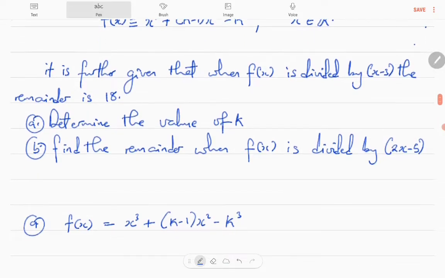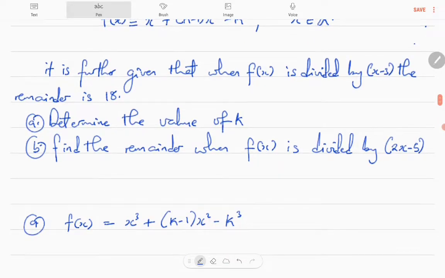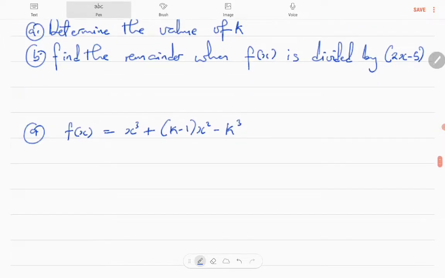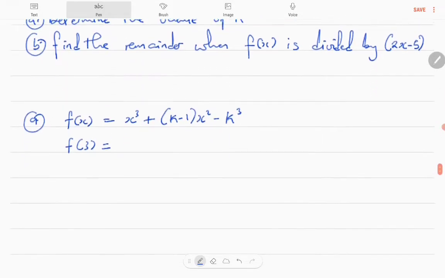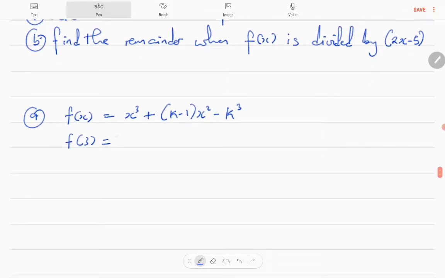Now we are given that when f(x) is divided by x − 3, the remainder is 18. So we have f(3) equals 18, since the remainder is 18. Now if f(3) equals 18,